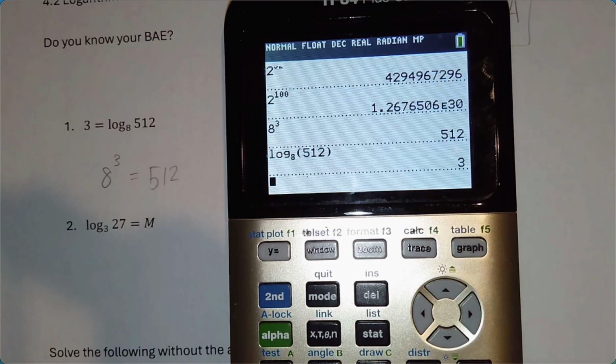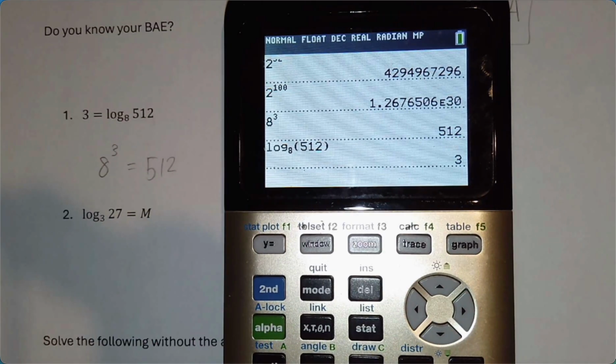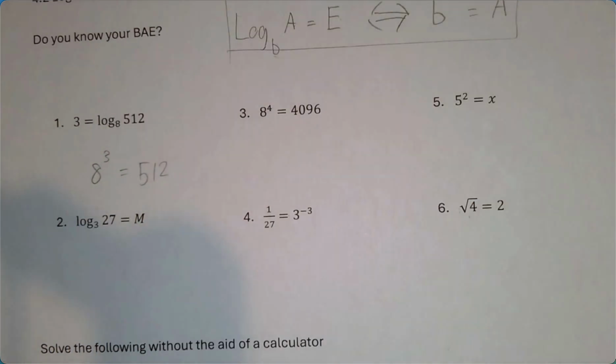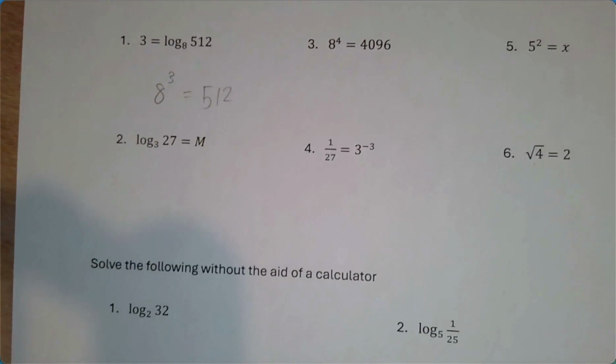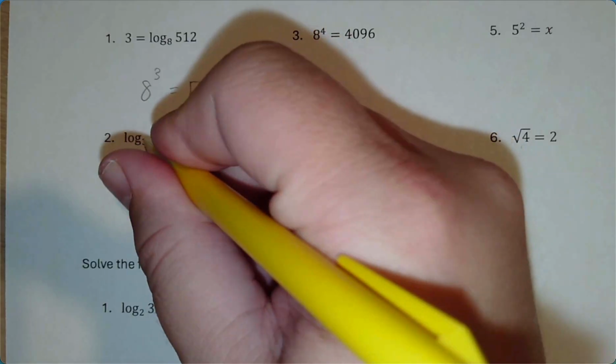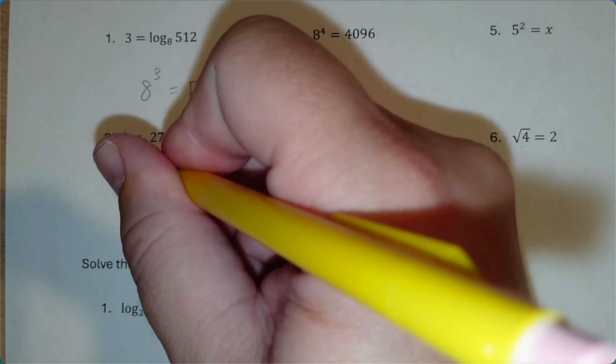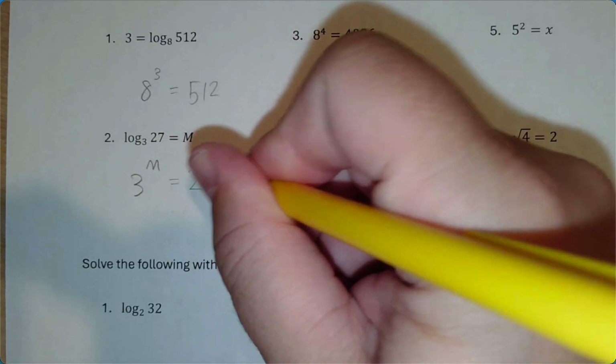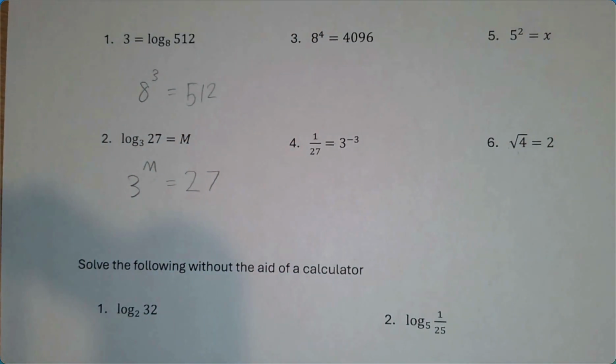And all we're asking you to do very quickly from here on out is just go from one form to the other. Identify the B, identify the E, identify the A, and write it in its other form. And that's all these other 5 examples are. So going in order, what this is saying is 3 is my base. The exponent, the other end of the log, is m. And I want to know, when do I get 27? How do I get an answer of 27? So if you can see it the other way, or we need to write this in a little bit, but